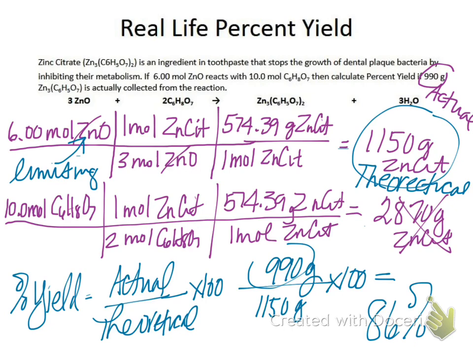Okay, on your worksheet today, it's kind of thrown a couple of people for a loop when number 1 says you have some copper reacting with excess chlorine. When you see the word excess, that means you get to ignore that in the problem because you're not going to do anything with it. If it says it reacted with excess, whatever the other reactant is, that means it's not a limiting reactant. And because it's not a limiting reactant, it doesn't care for you to calculate how much excess is left over. It doesn't give you any information. So the first couple of problems are just going to be a theoretical yield and then a percent yield. Okay?